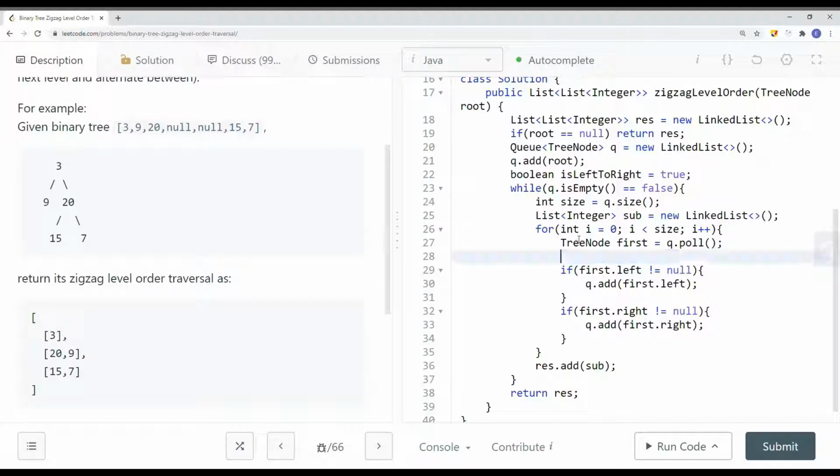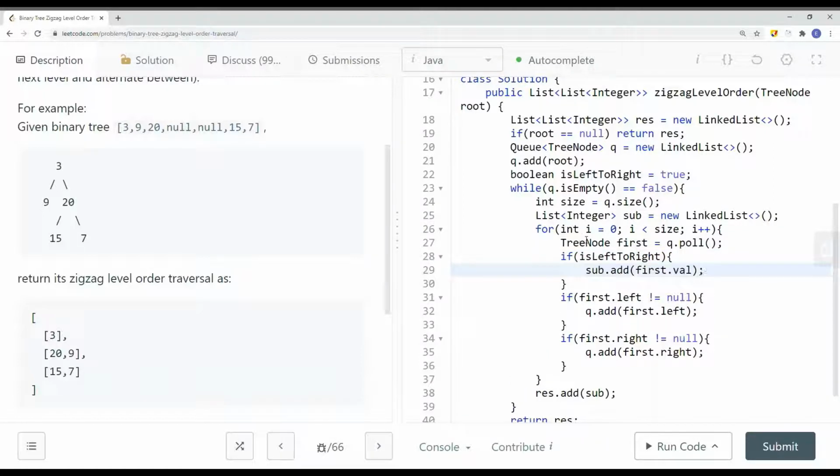Okay, so if isLeftToRight, what we're going to do is just add the current element onto the list, right? In this case, adding the current element onto the list means it's appended onto the last, from left to right, right? So if isLeftToRight is true. Otherwise,